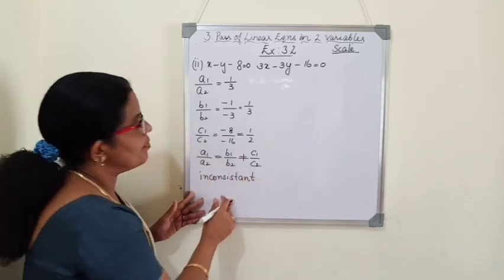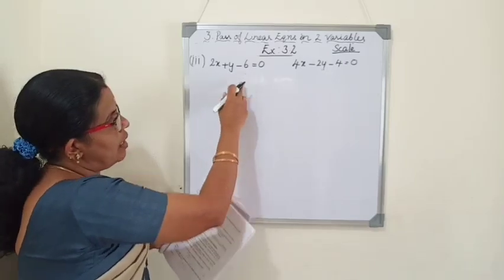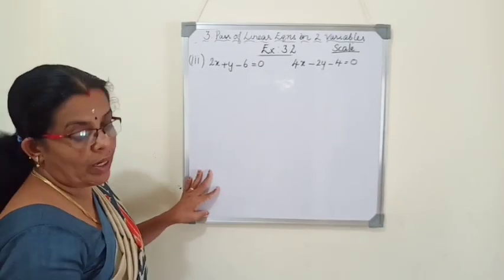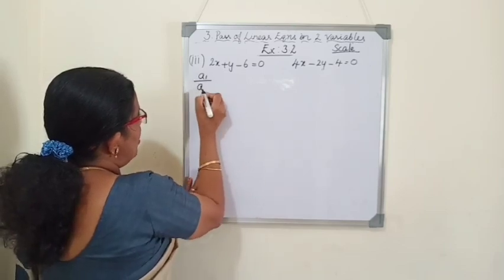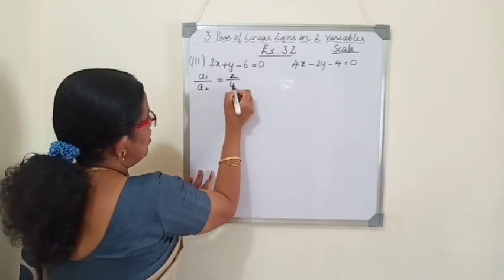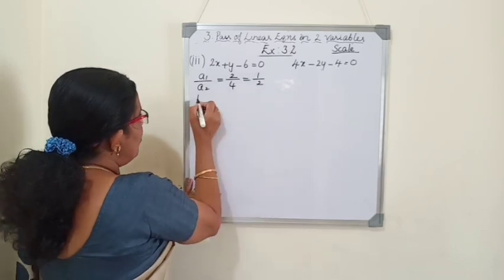Inconsistent. 2x plus y minus 6 equals 0, 4x minus 2y minus 4 equals 0. First, we will find the ratio. a1 by a2 equals 2 by 4. It is 1 by 2. b1 by b2 equals